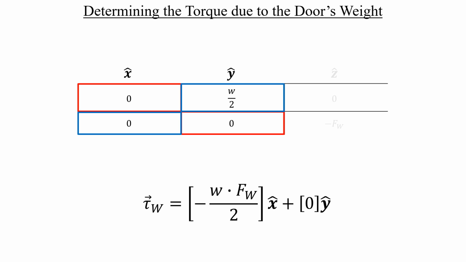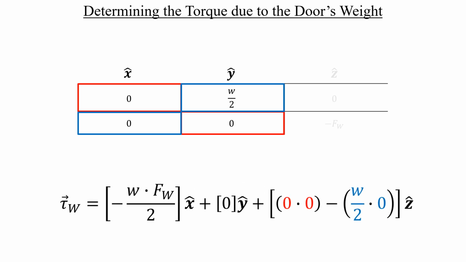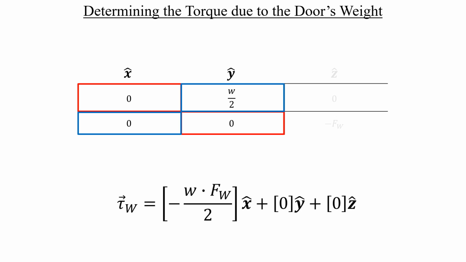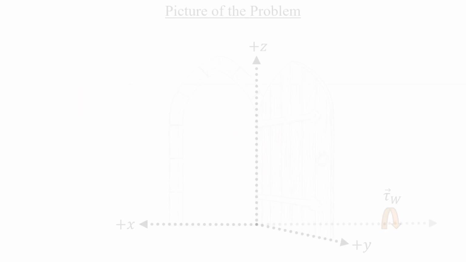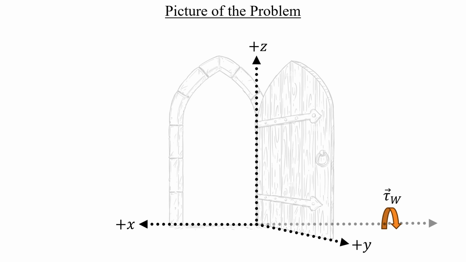Taking the difference of the red result and the blue result, we find that our z component will simplify to 0 as well. And at this point, we now have our full torque vector that's due to the weight of the door. Notice that it is not in the rotational direction that we're looking for. This torque wants to rotate the door